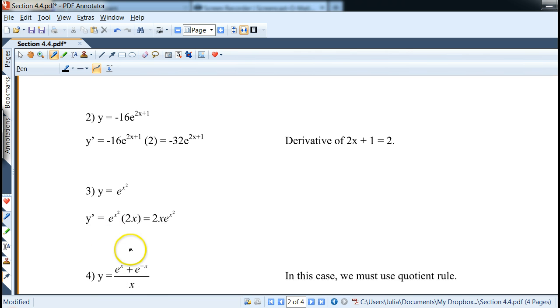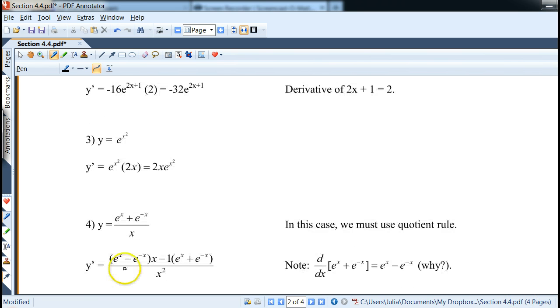Now sometimes we have other rules, just like a product or quotient rule to use with exponential functions, or later we'll use log functions. Works the same exact way. Notice how we set this up. First, the derivative, the denominator is the square of the denominator, which is x squared. Then we proceed taking the derivative of the top, which note how derivative of e to the x is itself,